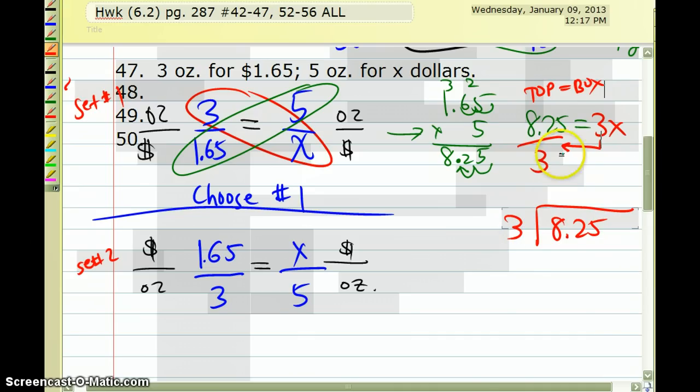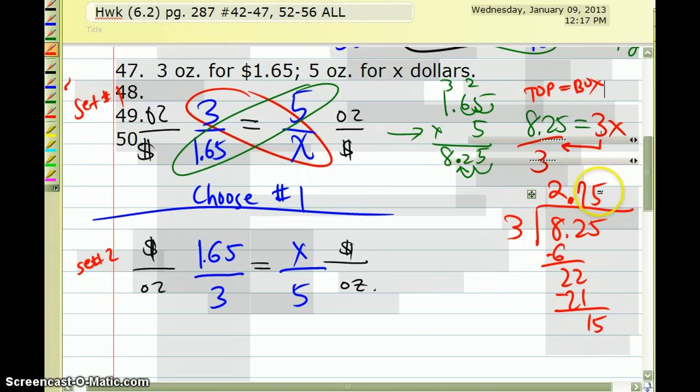Then I'm going to do division. I get 275. Not using a calculator here because I know that's not going to help me on a test. So that's my answer, 275. 275 what? Dollars. So I'm going to put a dollar sign in the front, box my answer. There's my answer for number